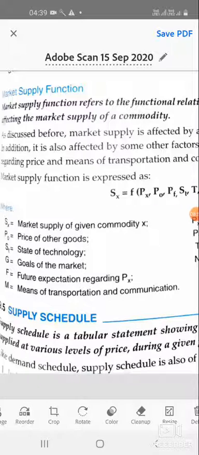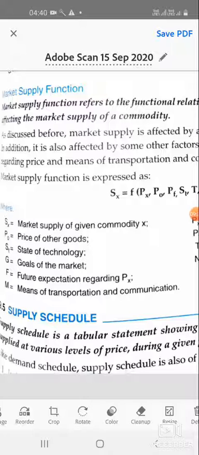Now, the reason behind it: if the price tends to increase, the firm finds more profitability. As a result, the firm is willing to sell more units of the commodity. And if the price comes down, then due to less profitability, the firm will supply fewer units of the commodity. It can be drawn for any commodity by plotting each combination of the supply schedule on a graph.